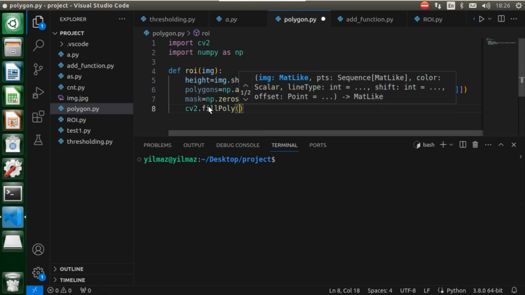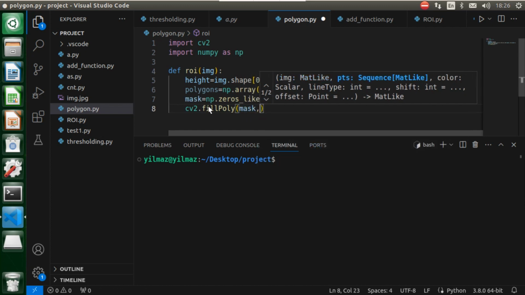Our function takes three different parameters. The first parameter is the image matrix on which to draw. It is usually a NumPy array. As you know, we set this to mask. That's why I will enter here mask and also put a comma. The second parameter is a list containing the vertices of the polygons to be filled. This list contains a NumPy array for each polygon.